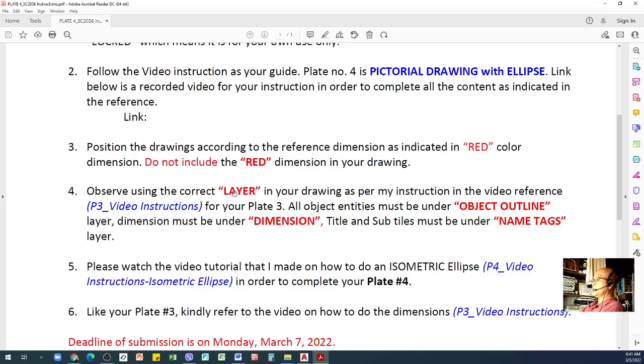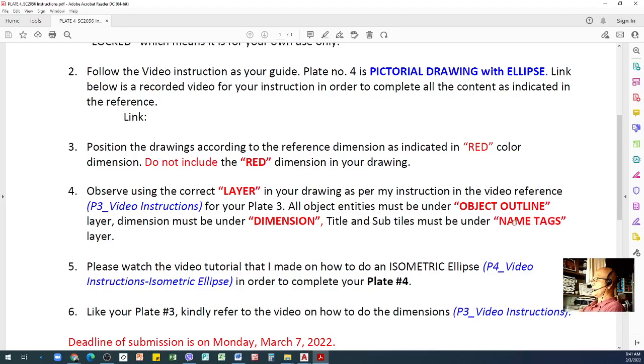I required you to have a layer for object outline, which I initially asked you to put your initial below before the object outline. And then the dimension, I made a video on how to do it.